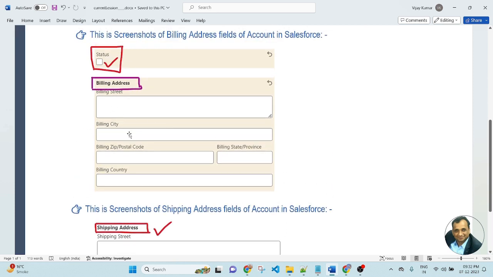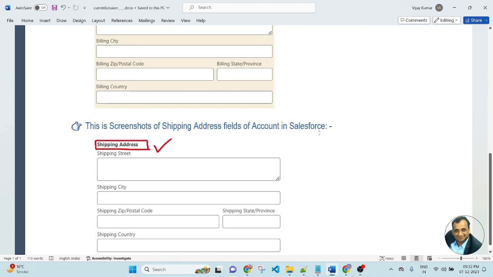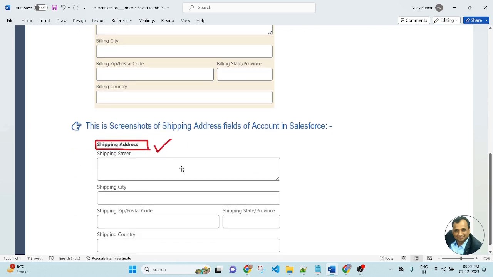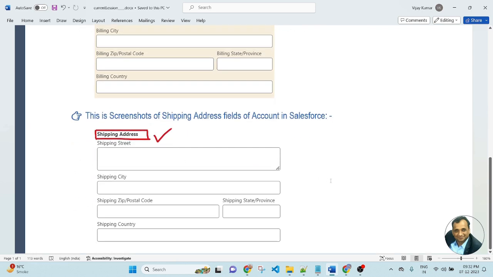I will fill all of the fields in billing address, like billing street, billing city, billing zip, billing state, and billing country. All of the billing address field values we will update to the shipping address.